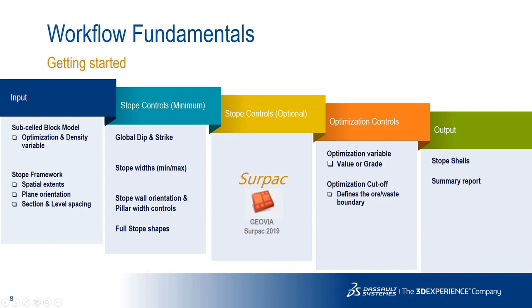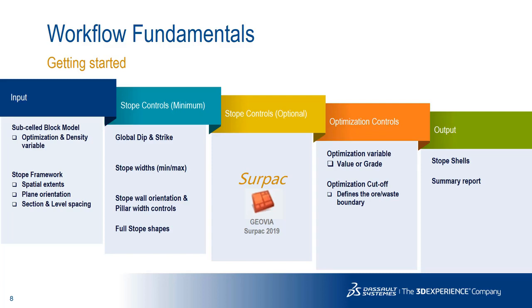So looking at this particular slide, it's really describing the workflow of the optimizer from left to right. What are the key inputs? And we'll look at just the minimum requirements needed to generate stope shells. And really, the minimum requirements is a block model with an optimization variable and also a density variable, typically dry